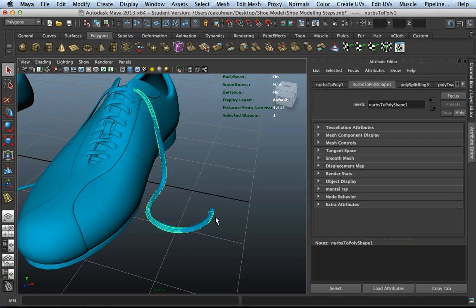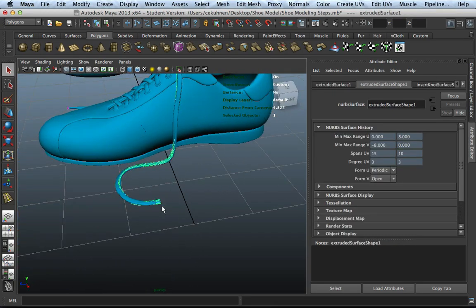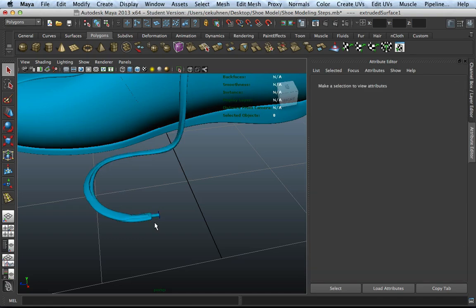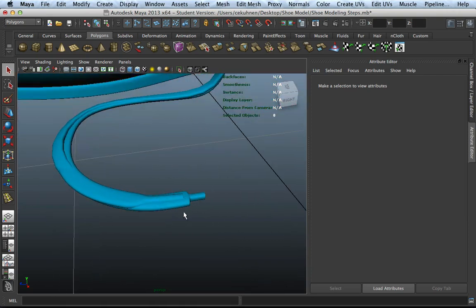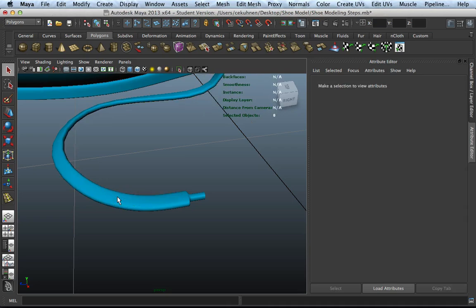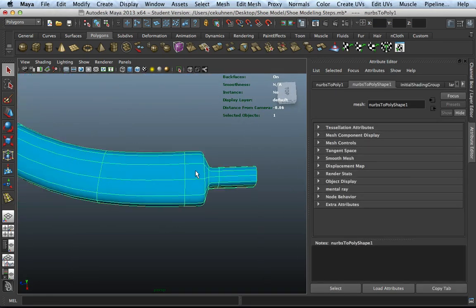And the NURBS modeling could be pushed a little bit further. You could work with isoparms and insert them there instead of just converting it to polygons and then doing it. However, I find the polygonal modeling at that stage to be a lot quicker and more efficient. So I'm going to delete this, and see, there are a few details that bug me a little bit. For example,